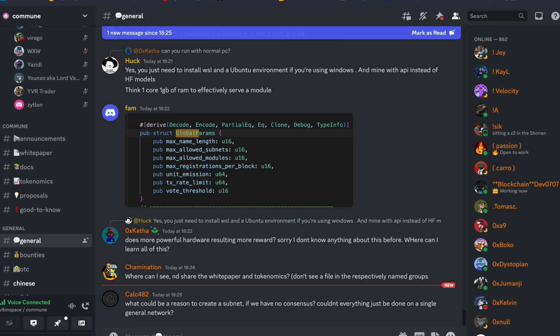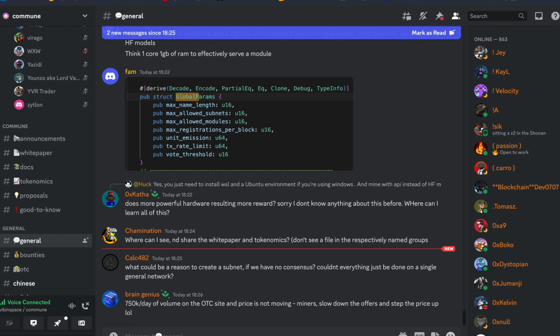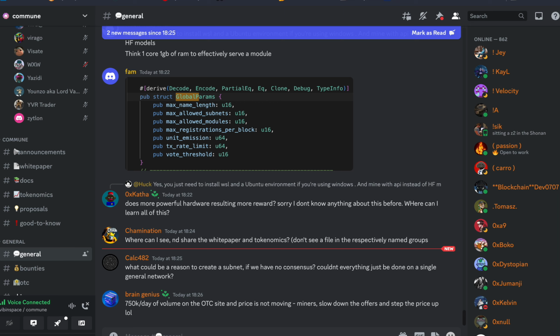There's nothing much to that. There's no approval. You can just specify a different name than commune on the subnet parameter, and there we go. You've created a new subnet. In the new change, as you create a new subnet, you'll be deciding what portion of the total subnet emissions you will get as a founder. This will incentivize anyone to create new subnets and generate their own emission protocol if they don't agree with us.